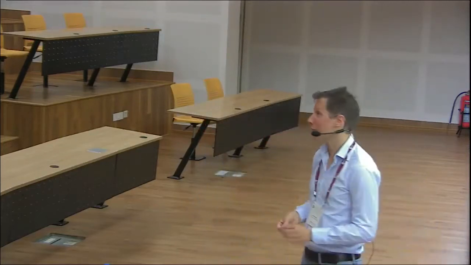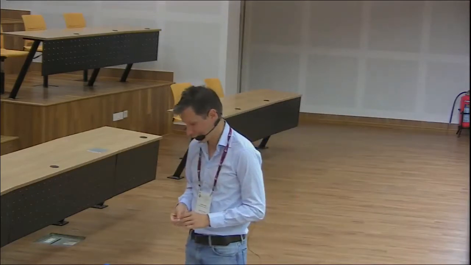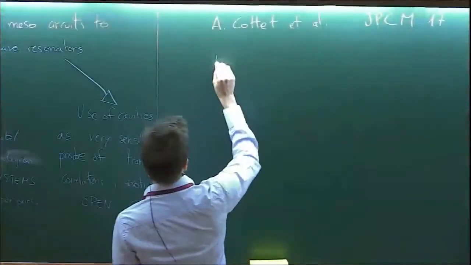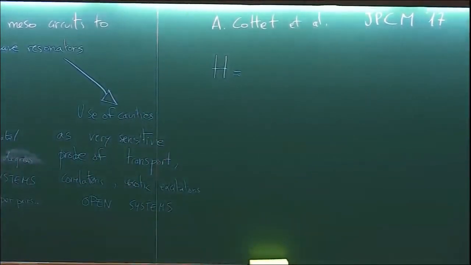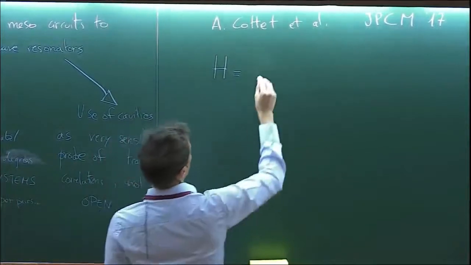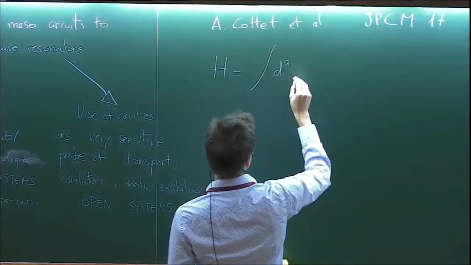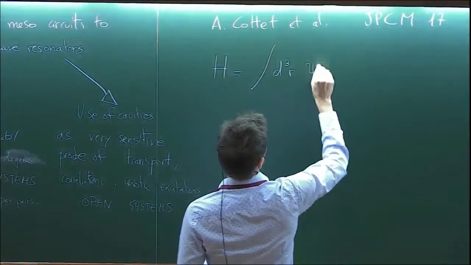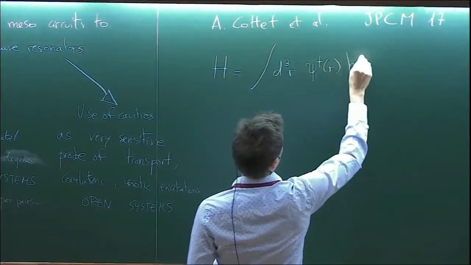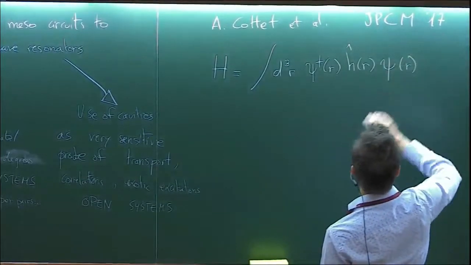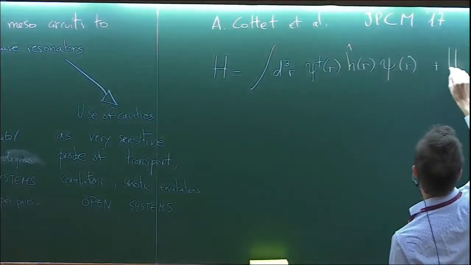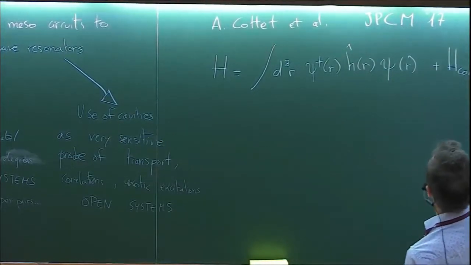Okay, so now we start again. We had this several times already this week. So we start with the generic description of cavity QED. In our case, we would like to have a second quantized form of the Hamiltonian. So I have, let's say, the one-body Hamiltonian, this is the hat here, plus the Coulomb term, plus